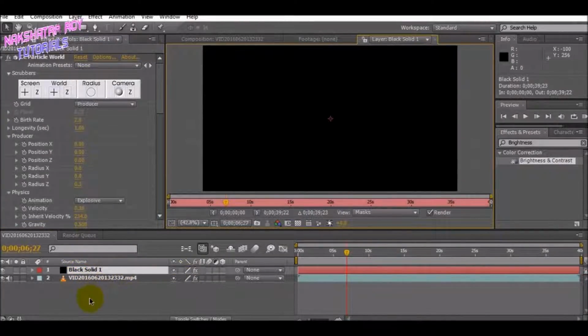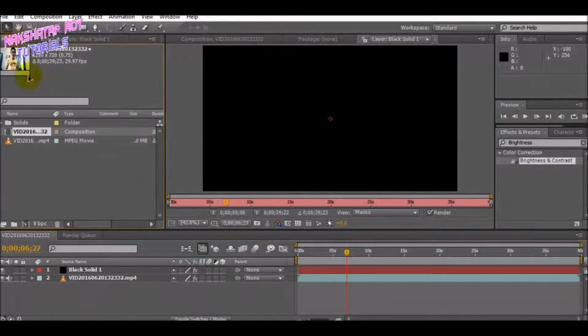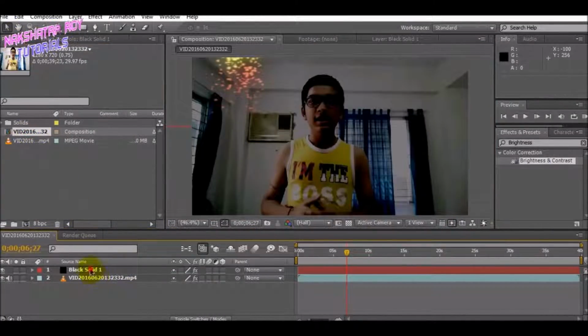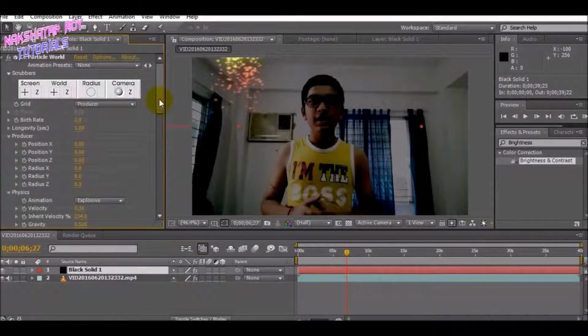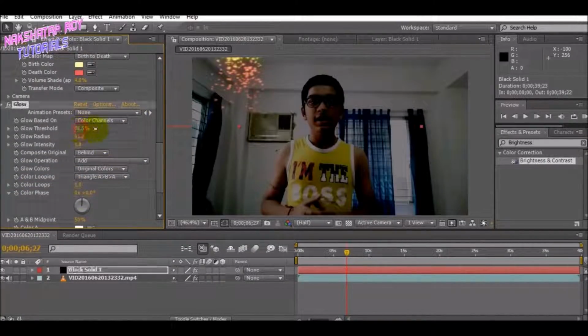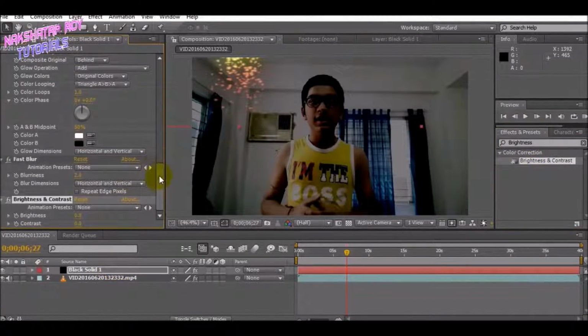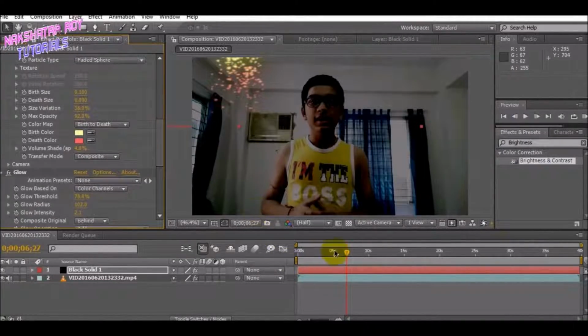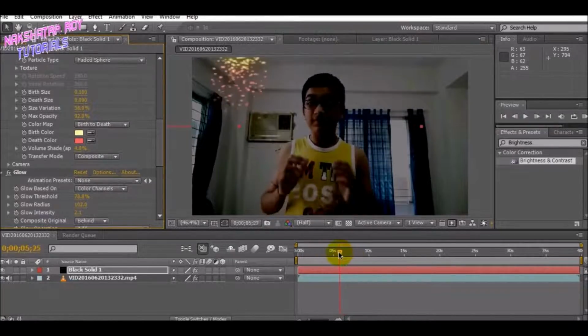And go to the glow effect of the black solid, and let's jack up the glow effect so that it fits very properly. You may apply the brightness effect to the layer. Let's jack up the brightness, and you should be good to go with a particle world effect, and it resulted